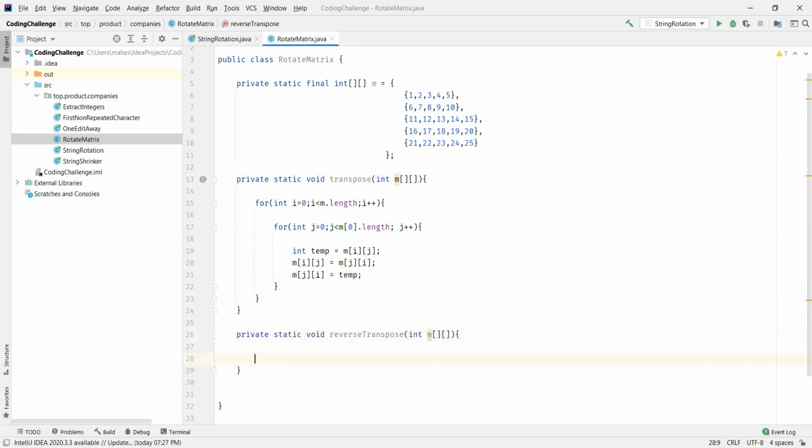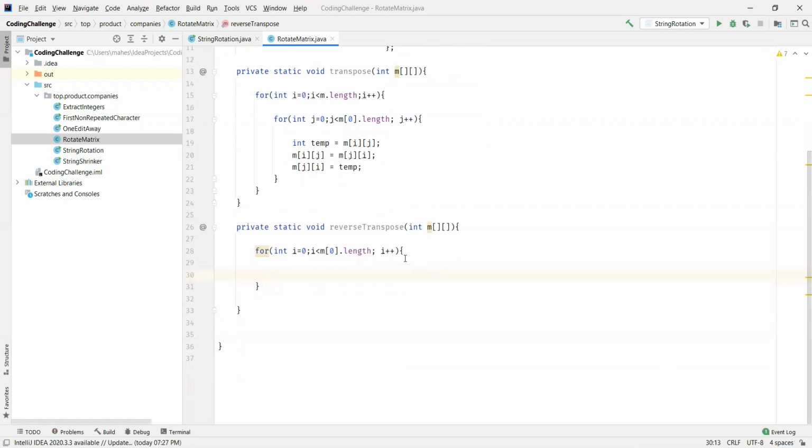We want to reverse the columns of this matrix. For that, we'll again take i as an index, which represents all the columns. You can see m of 0 dot length gives me the column count of the matrix.